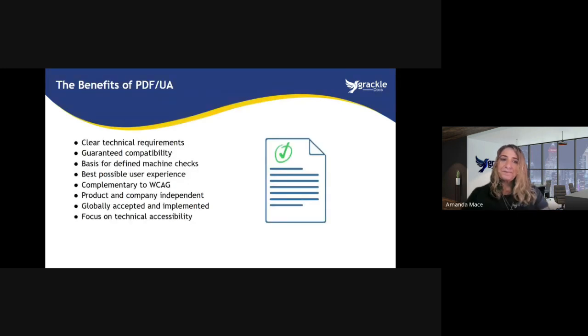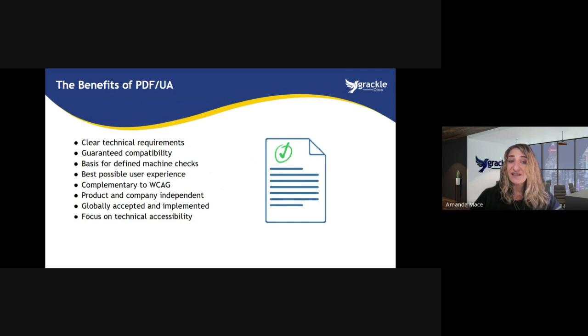So what are the benefits of PDF UA? We've got these two standards. They're giving us different things. Well, some of the reasons that the standard is beneficial, not just to developers and people who are creating the content, but to users, is firstly, it encompasses clear technical requirements, just like validating your HTML on the web. All right, PDF UA is primarily aimed at developers of software for creating, reading, editing, validating PDFs, and at